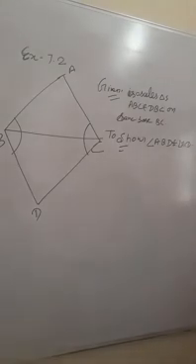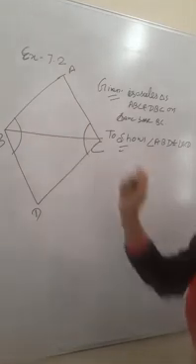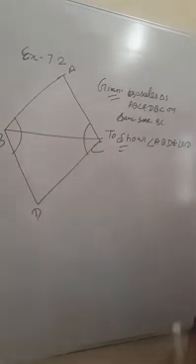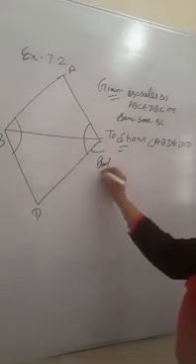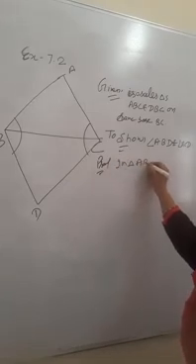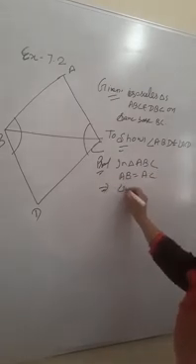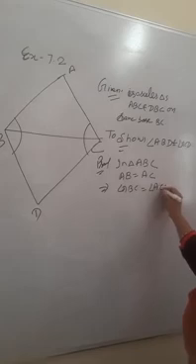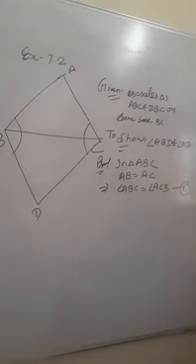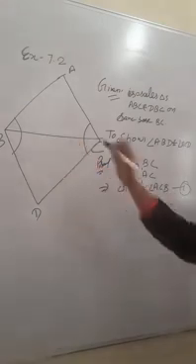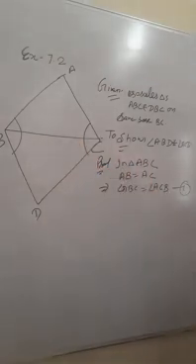Now we have done theorem 7.3. In that we have done a result that if opposite sides of a triangle are equal, then opposite angles are also equal. So here in triangle ABC, as AB is equal to AC, that means angle ABC is equal to angle ACB. This is our first equation because we are given ABC is an isosceles triangle. If a triangle is isosceles, it means opposite sides are equal, and according to theorem 7.3, if opposite sides are equal, then opposite angles are also equal.